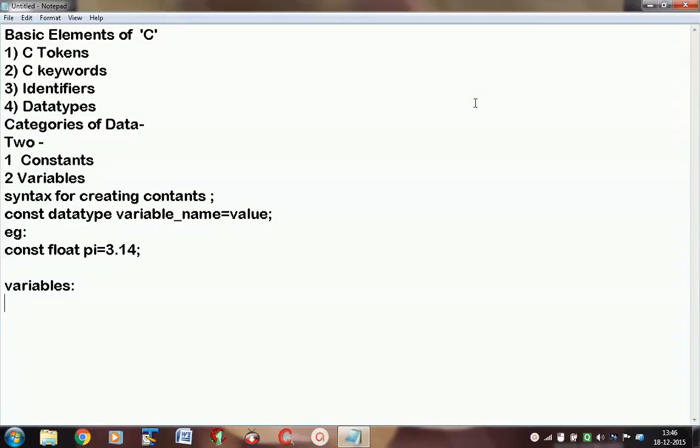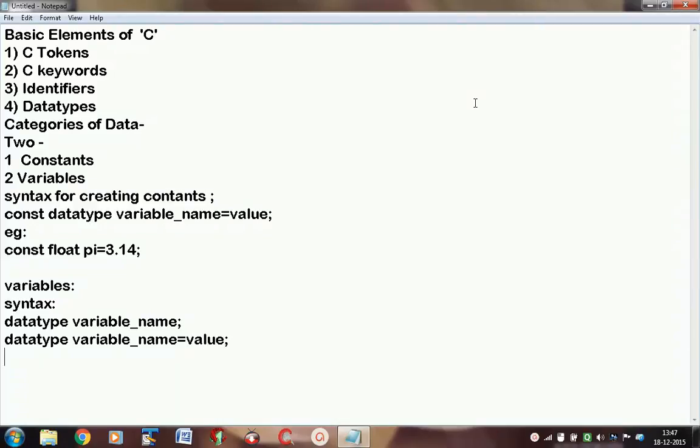The syntax for creating a variable is as follows. First, take a valid data type, then variable name, semicolon. You can also initialize the variable at the time of declaration: equals to value.